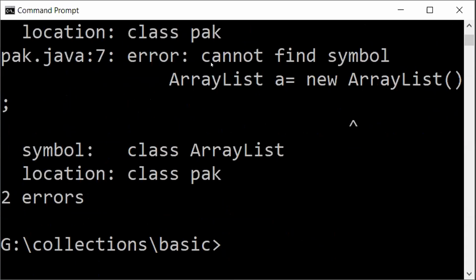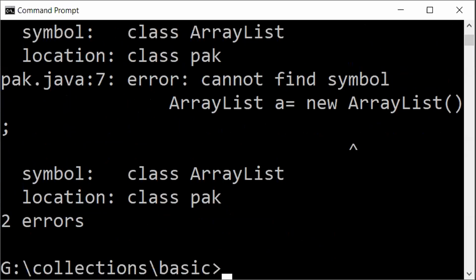It is telling that in your program you have used the ArrayList class. The user has not defined or created ArrayList, but the compiler is telling that it is unable to find it. You need to inform your compiler where exactly ArrayList is. The same problem.